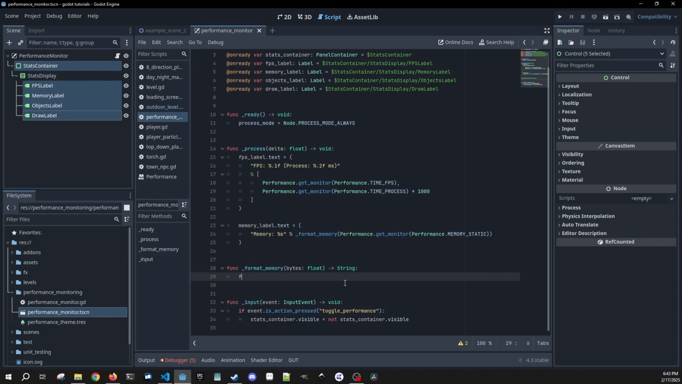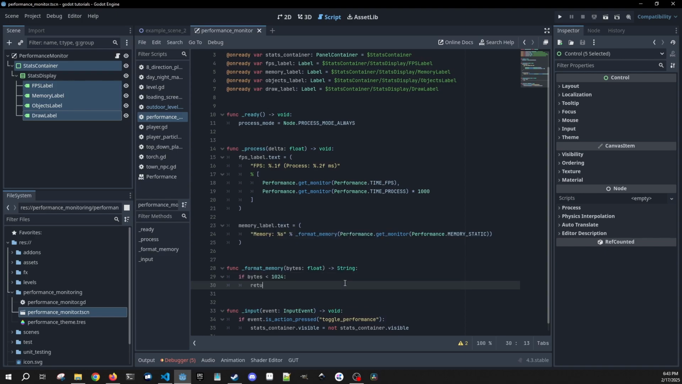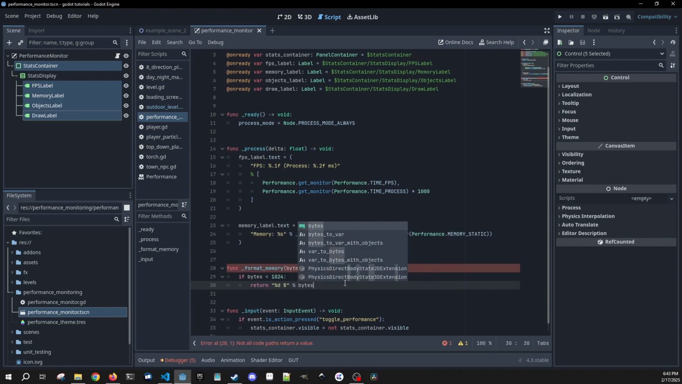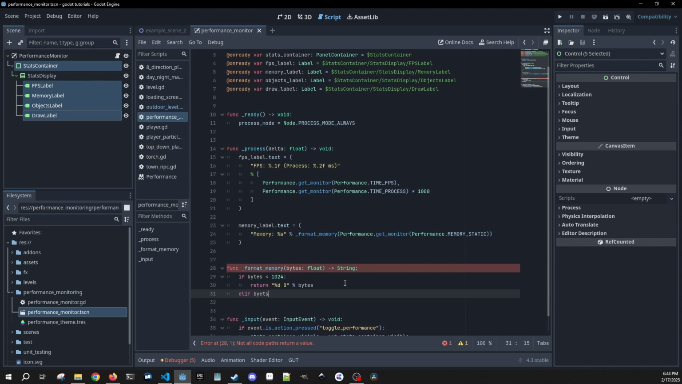So we're going to check in here if the bytes are less than 124. Then we're going to return a string, which is %db, and then we just pass in the bytes. If the bytes are less than 124 times 124, we're going to return in kilobytes. So we're going to do string formatting here, %.1f KB, %, and we're going to pass in bytes divided by